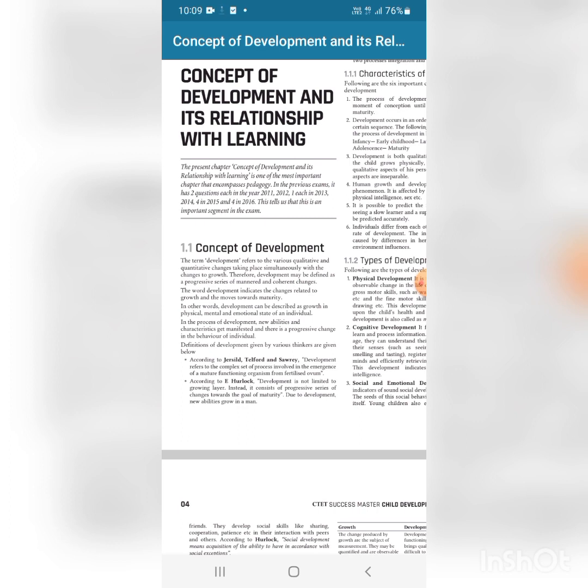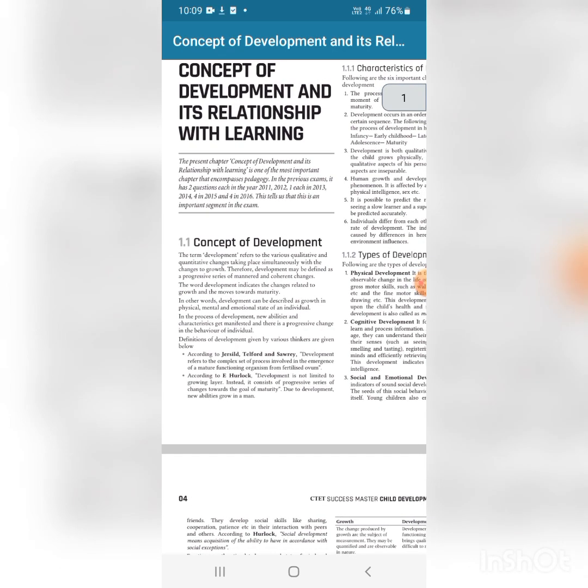Development is a continuous process, unlike growth, which is a static procedure, which means that after a fixed time or period, growth abruptly stops, but development runs lifelong. Only death can stop it. The term development is related to several qualitative and quantitative changes that take place side by side with growth and even progress after the growth stops.